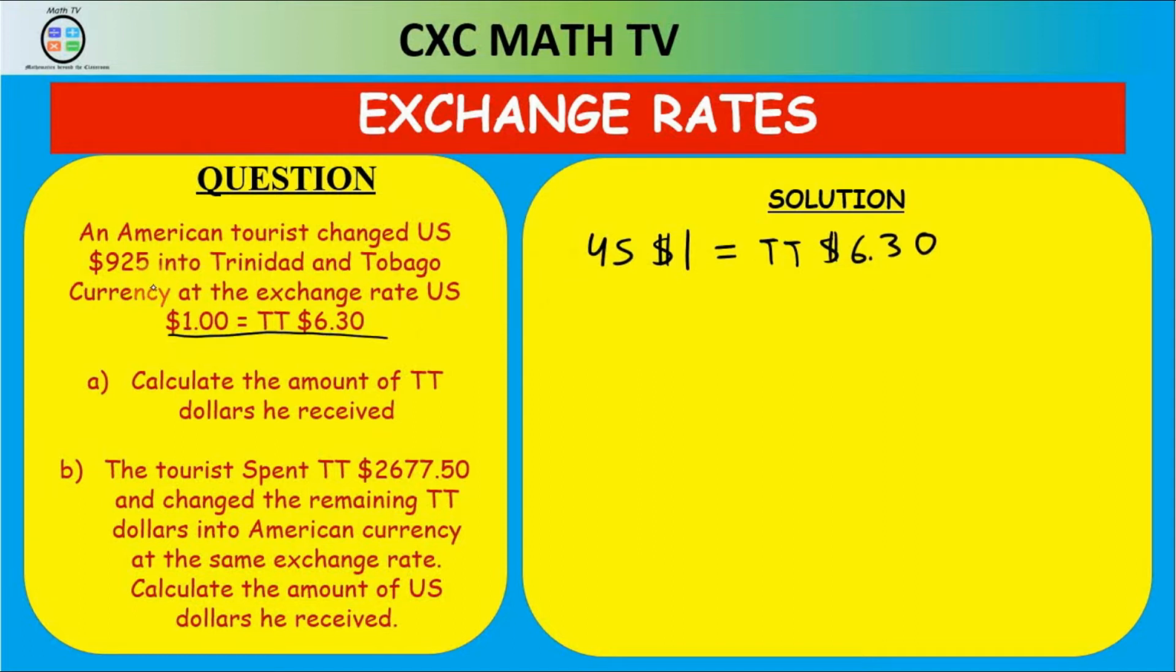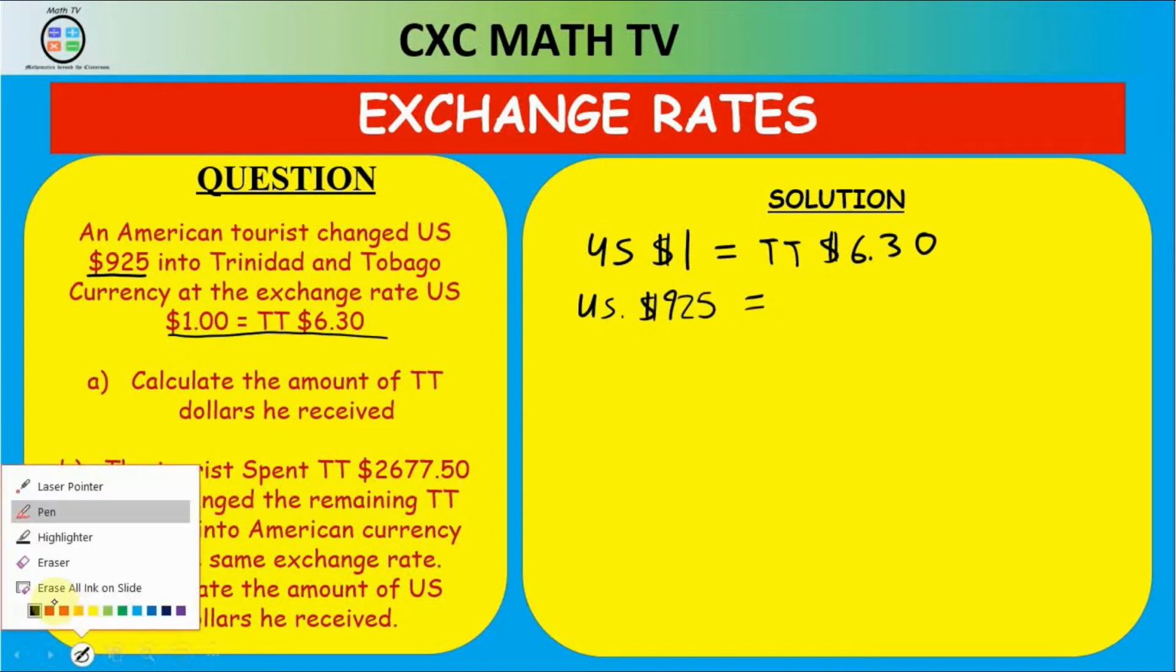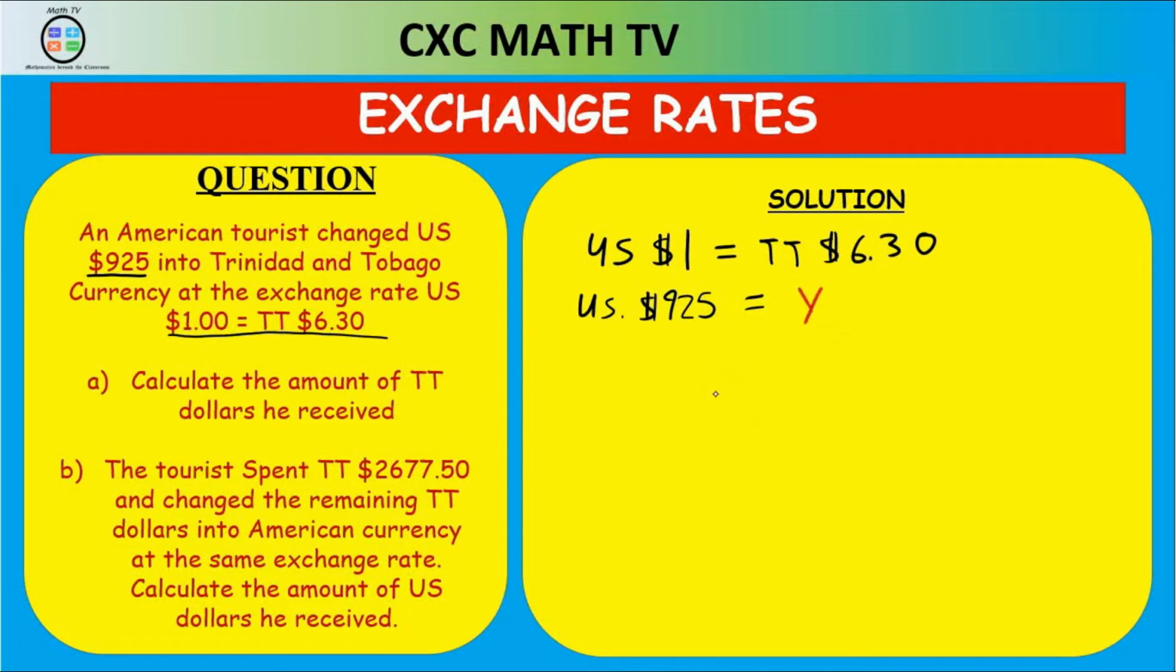Well, the American tourist got 925 US dollars. So US $925 is equal to, we don't know. You can call it Y. We don't know how many TT that is. That's what we're trying to find. As I said, the easiest way to do it is to cross multiply. Cross multiply, you get 1 times Y is equal to 925 times